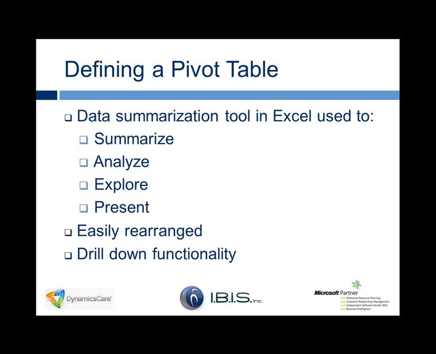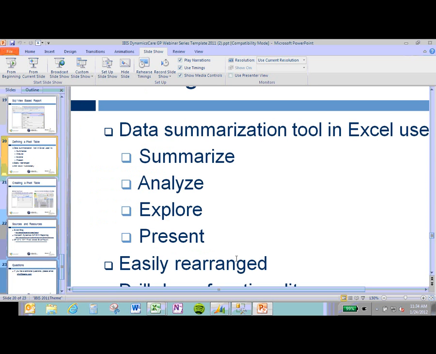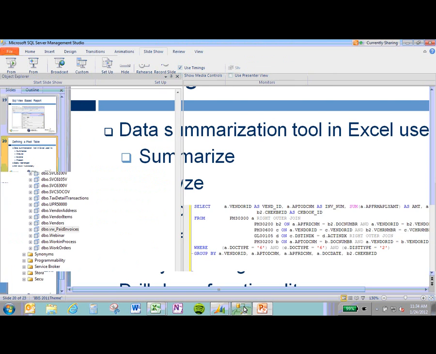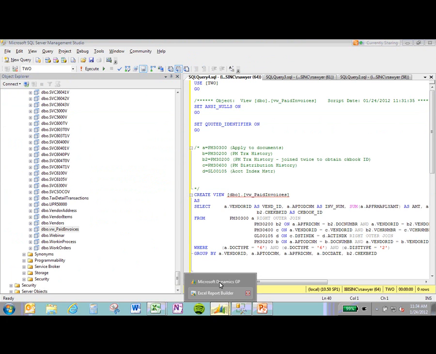And the great thing about it is that what you do in a pivot table does not necessarily go back and change any of the information on the SQL database itself, the GP database. So it is a harmless way, for lack of better terms, of analyzing data, interacting with data, and doing it in a comfortable environment that most people are familiar with, Excel. So if you're not familiar with a pivot table, let's go ahead and go back to, again,